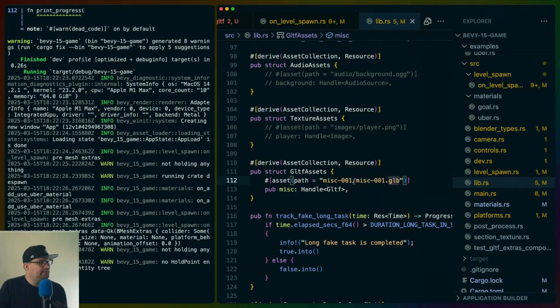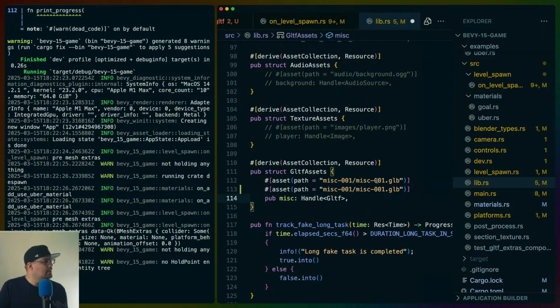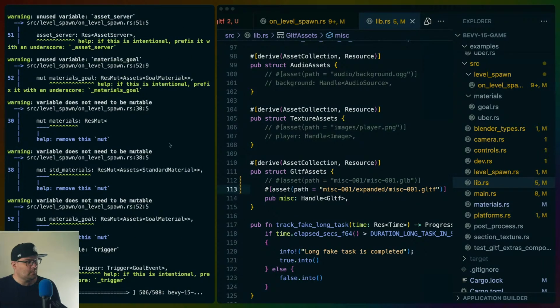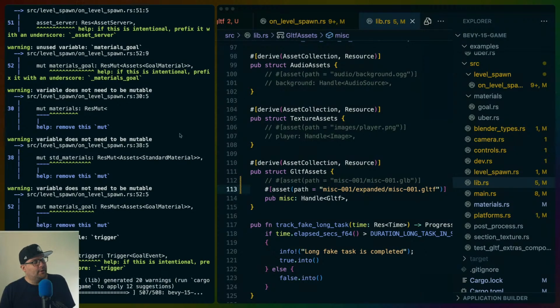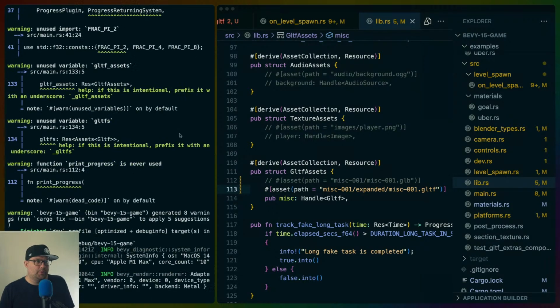So let's take this and change this to expanded GLTF. Run the game. This may load differently, but the one thing that I'm looking for is for the green cube to have that data on it. So I know that the issue is between